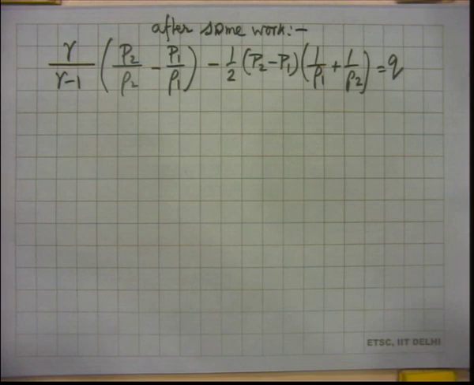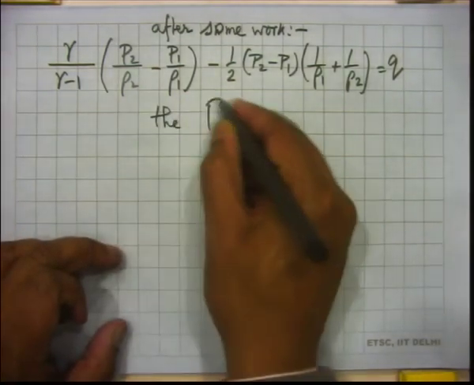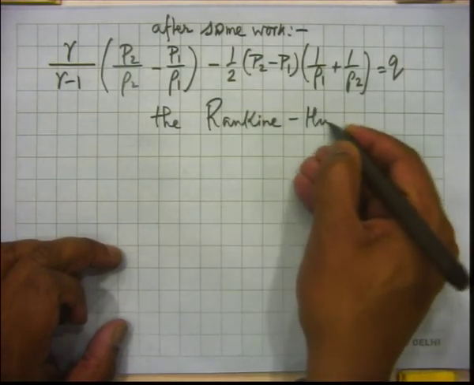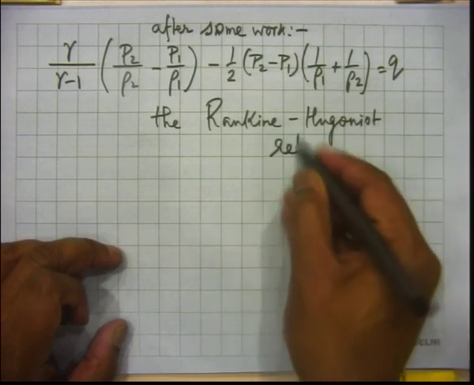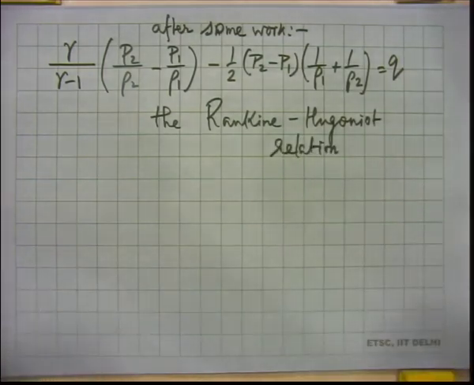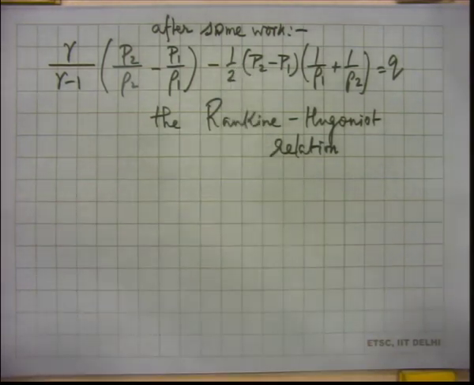So, we will stop here. This, in fact, has a name. This is called the Rankine-Hugoniot relation. So, this has this combination of energy conservation and also mass conservation, because we wrote P1 plus rho 1 U1 squared is equal to P2 plus rho 2 U2 squared. We took the help of that to arrive at this. So, it has the energy conservation as well as the momentum conservation built into it. So, it also has implicitly the fact that m dot is equal to constant. So, it actually has all three in it,